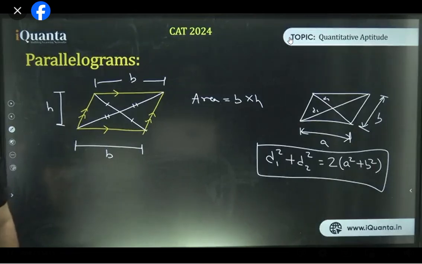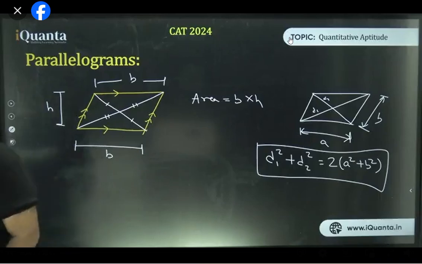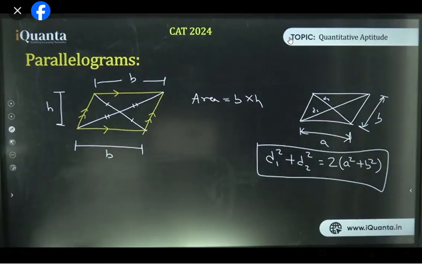All right. Reason for this formula? Shankha, for that, I'll have to use trigonometry. But that kind of trigonometry is not in the ambit of CAT. That is why let's leave it like that. Okay? So basically, it says, the formula is, the sum of the squares of diagonals is equal to the sum of the squares of all sides of the parallelogram. All right?